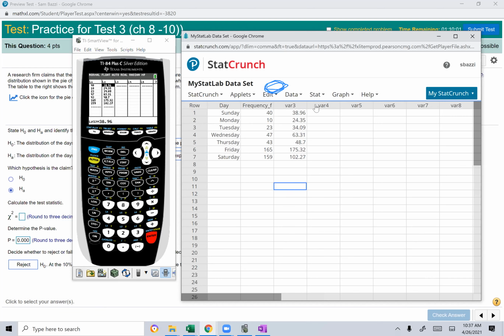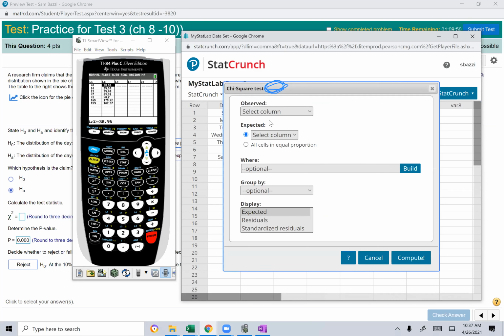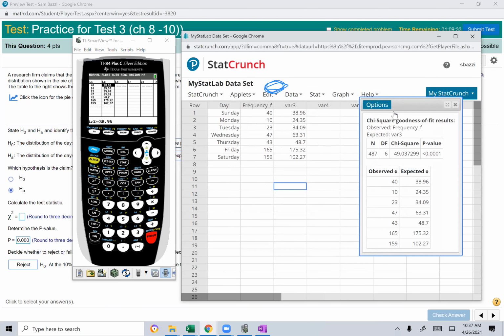Okay, watch, guys. You go to Stat. Where does it say goodness of fit? Look right here. You can't go wrong. It's goodness of fit, chi-square test. Observed values are frequency. These are the observed values. Expected values are variable 3. This is where I put them. And if you want to display the expected, compute,